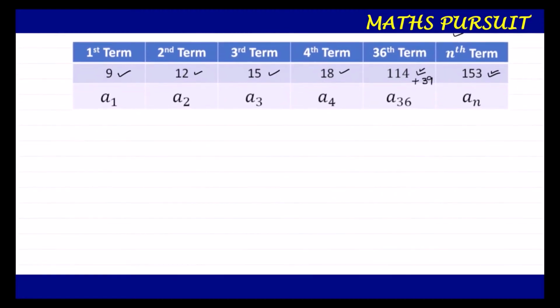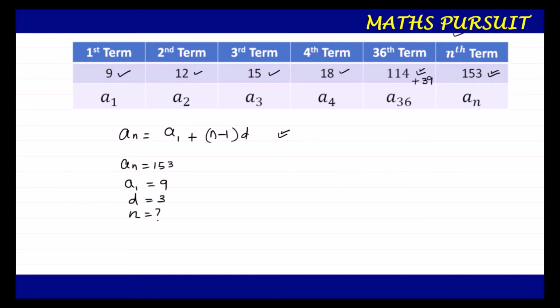So guys, we very well know the formula for arithmetic progression, which is given by an is equal to a1 plus n minus 1 into d. Now, here what are the things that we know? We know an is equal to 153. We know a1 is equal to 9. We know d is equal to 3. How? Because we calculated d in the above step. The only thing that we do not know is n, which we are going to calculate. Whatever data we know, let us put it in this arithmetic progression formula and find out the value of n.